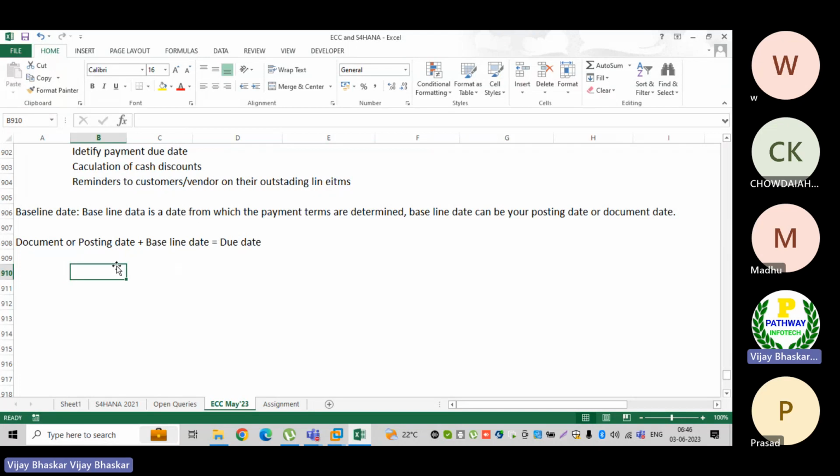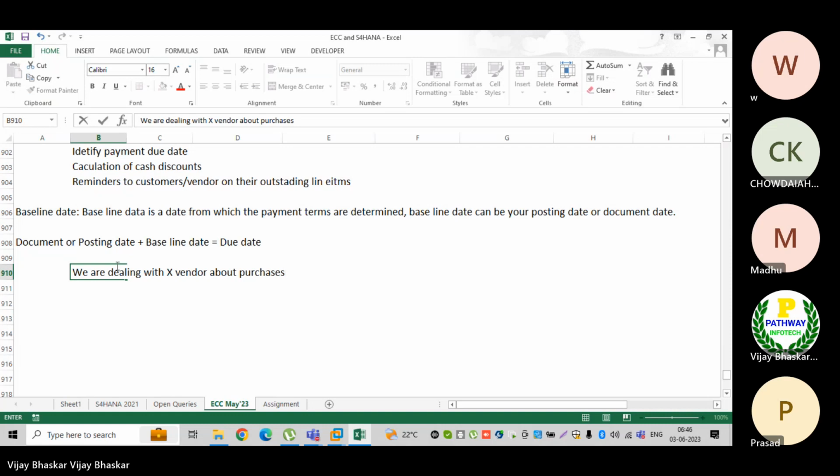Now we are dealing with vendor X about purchases. What will happen in this situation?